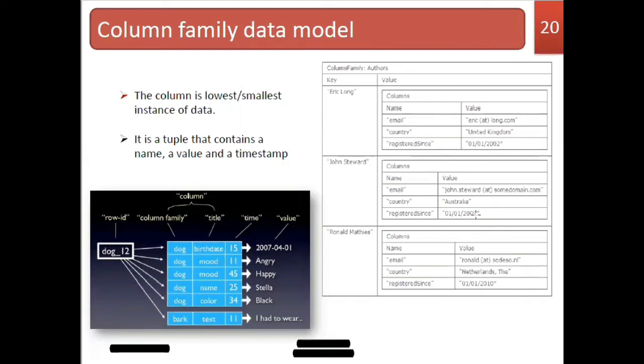Here you can also see the column family is author, but in the key value you have different key values, and the value itself is actually stored in the form of columns. A column again has a name and a value. So what the names are and what the values are, right? In this way the data is saved in NoSQL databases, especially in Cassandra and HBase.